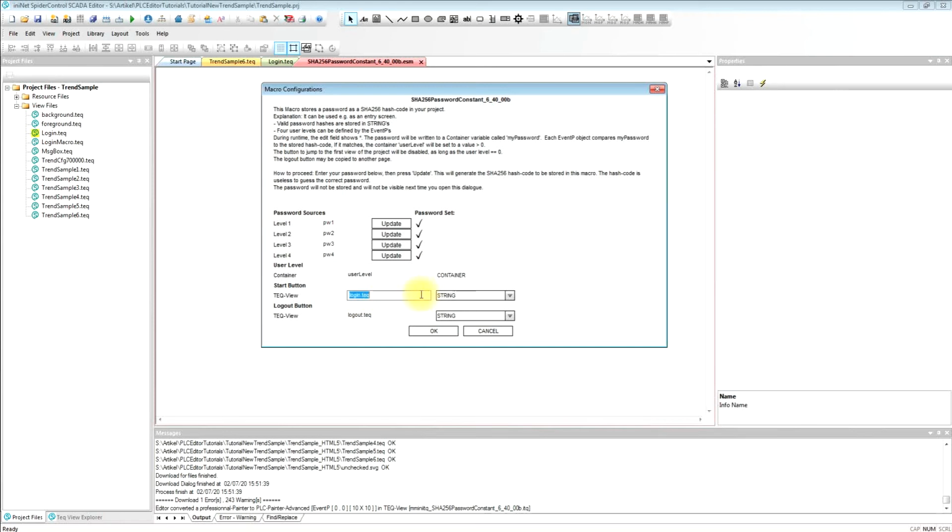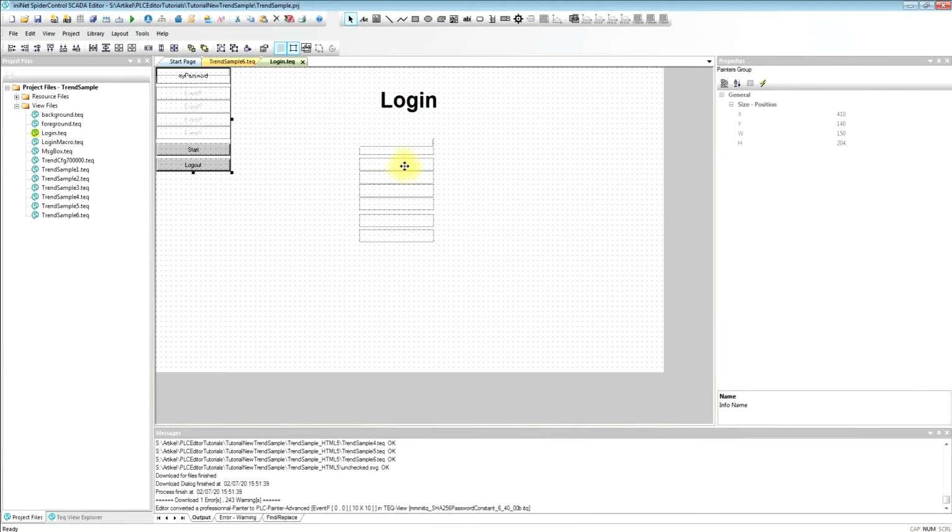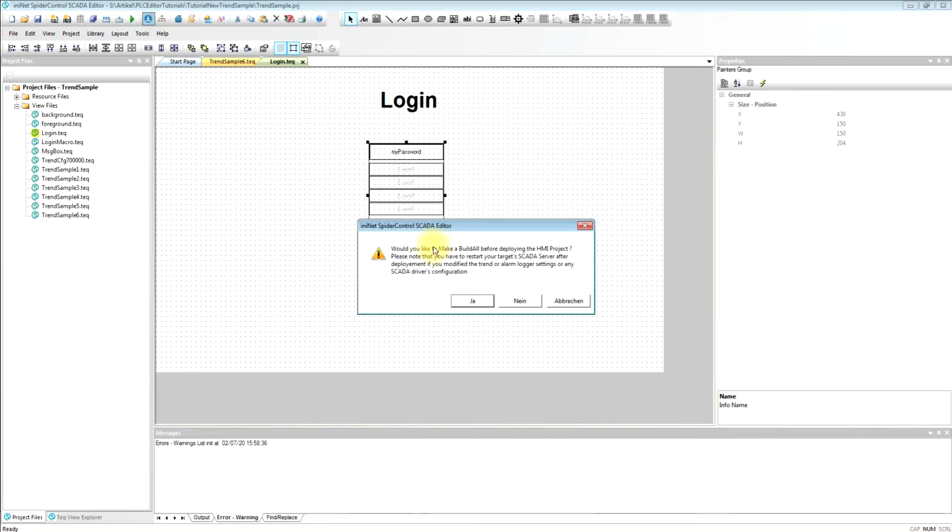I also have buttons in this macro which will become active when the password is correct, and I will indicate here the link which will jump to the first page of my project. And the second button is the log out button, which will clear the password and jump to the login page. So this is our macro for the login page. I make it build all